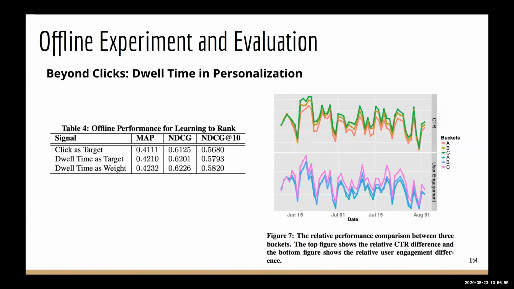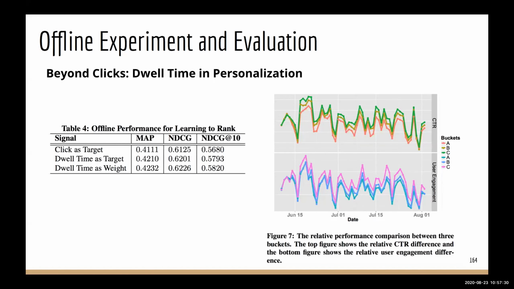And then we actually tried out, can we optimize this dwell time? And hopefully there's some change in our business metric. And in fact, we achieved that. There are two things we have done. One is to directly optimize dwell time as a target, like the label of the machine learning algorithm, and the other is using the dwell time as a weight. Both actually had a very good result and outperformed